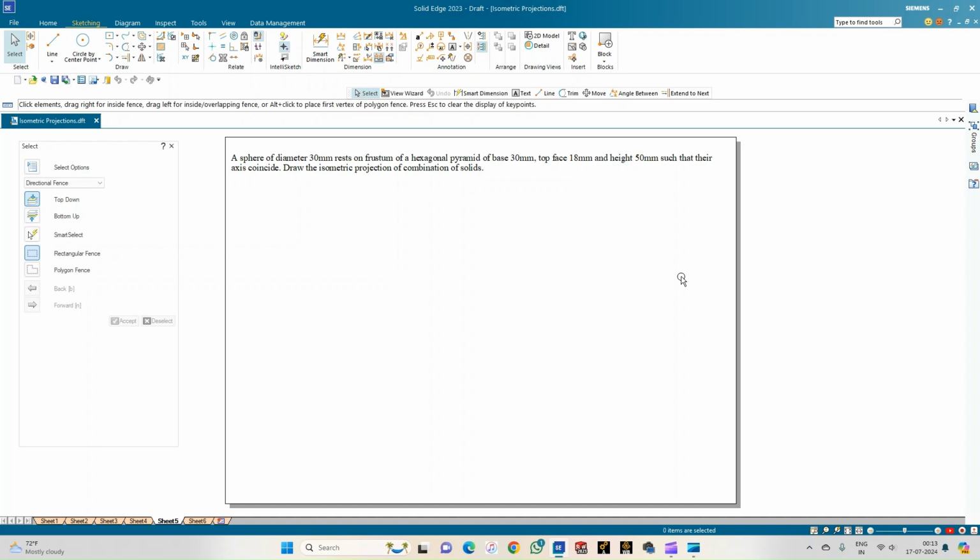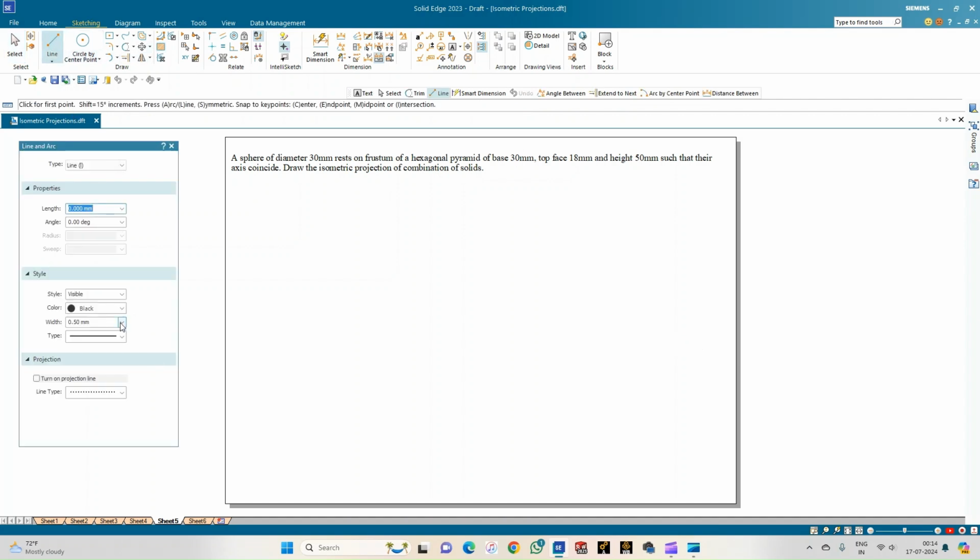However, here the condition is not told like how the hexagon is resting. Either you can take the hexagon resting on one of its corners, or you can take the hexagon resting on one of its edges. But the only thing is the axis of the sphere and the hexagon must coincide. So now we'll consider constructing the hexagon resting on one of its corners. For that, let us draw the orthographic projection first, and then we can move on to the construction of